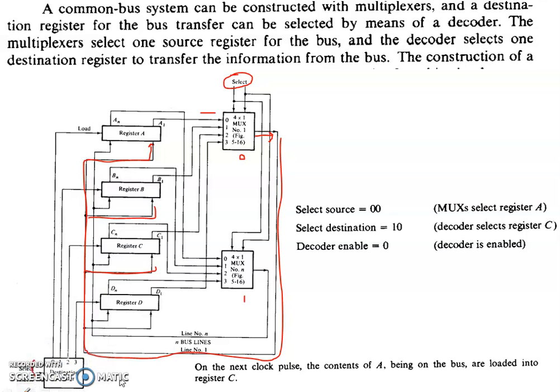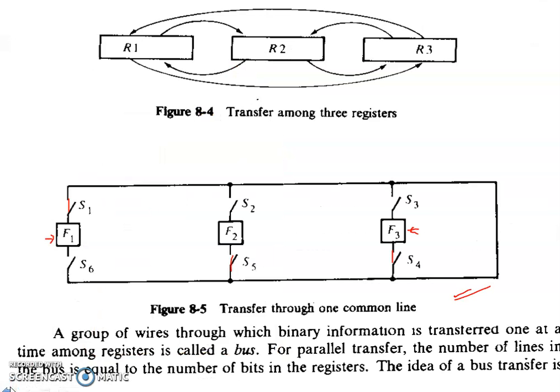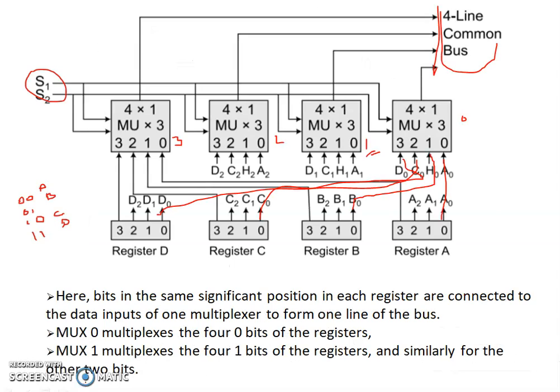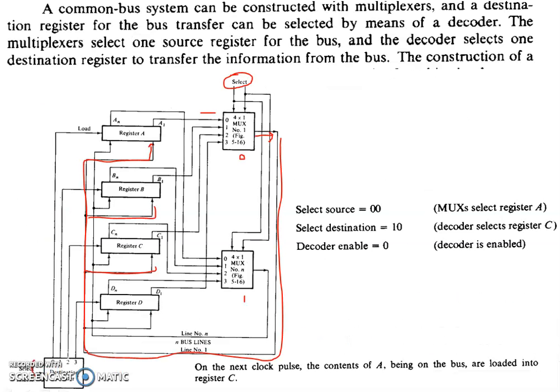This enable enables the decoder, that is, a 0 input initiates the decoder, which indirectly enables load, and this helps in loading the data that is currently available on the bus to the